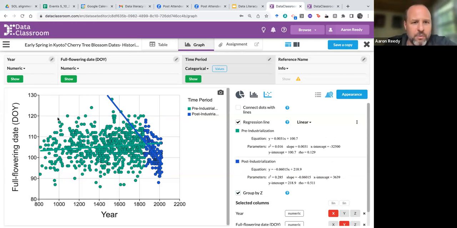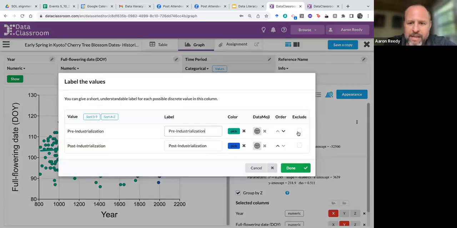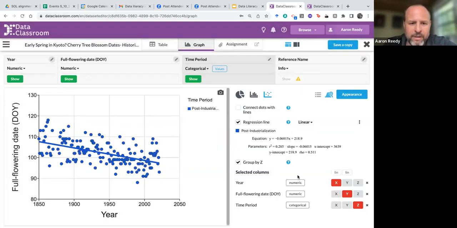We could also exclude this and essentially make two separate graphs. So if I come up to time period and I click this values box, we have the option to exclude the pre-industrialization data completely by checking that exclude box that I'm doing there. And now when we go back and look at the graph and we look at just the post-industrialization data, we get our graph scaled to a different range on Y, but even scaled more appropriately to the relevant range, we see this kind of